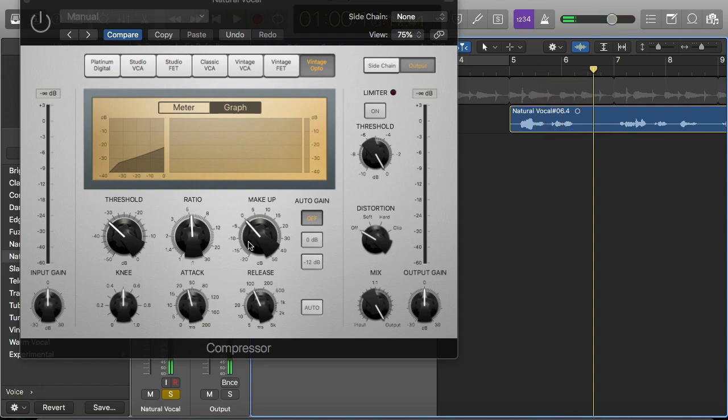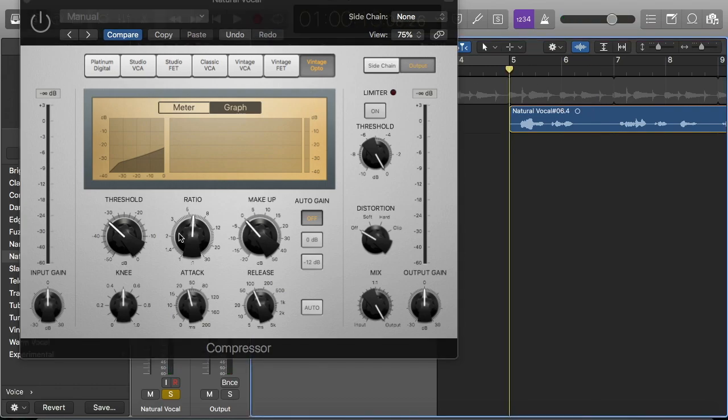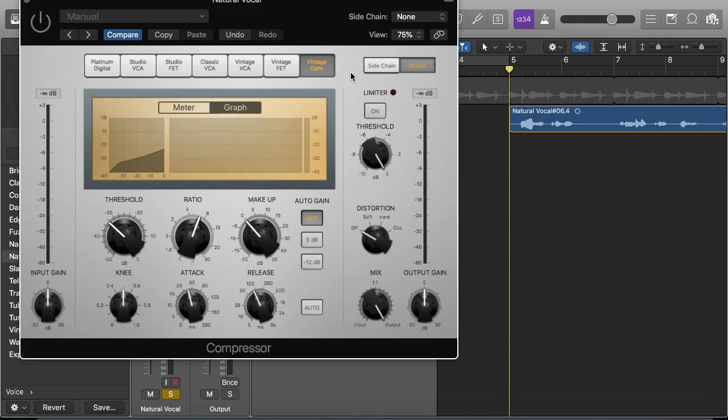Okay, so let's increase the ratio a little bit more because I have a feeling it won't make much of a difference. And then we turn on the compressor, and